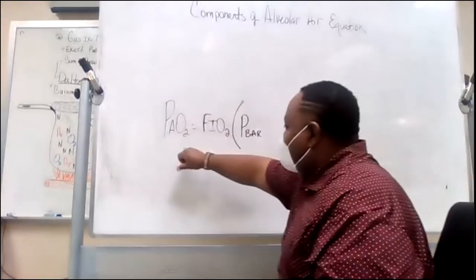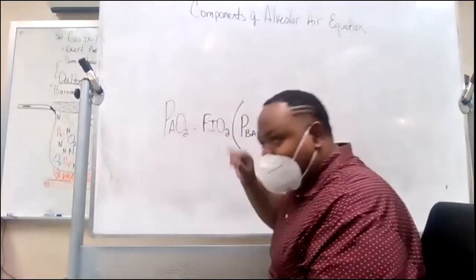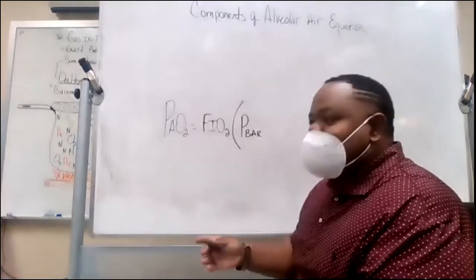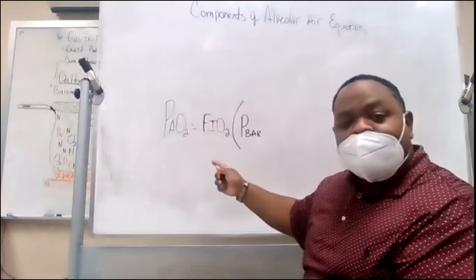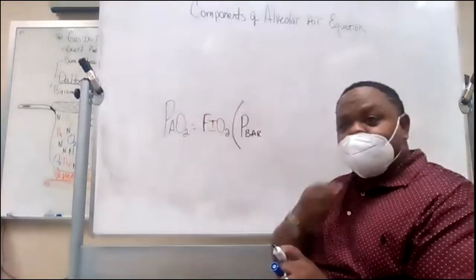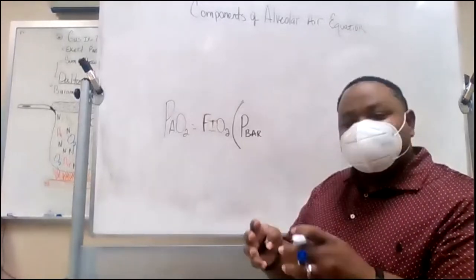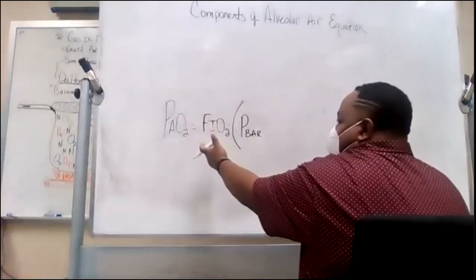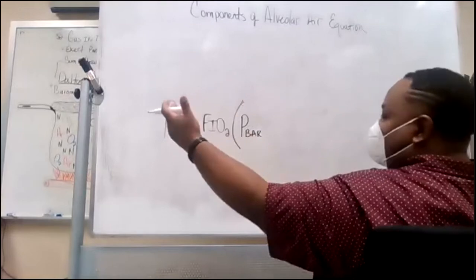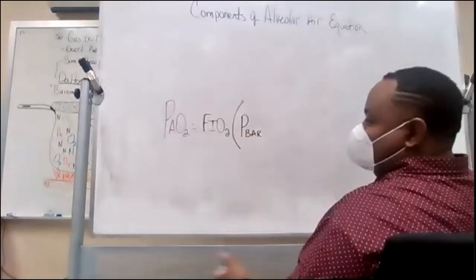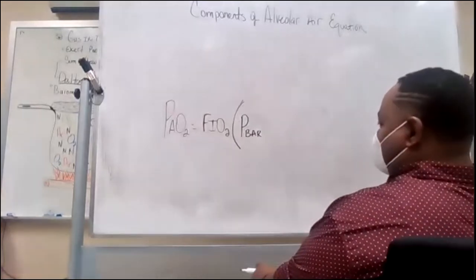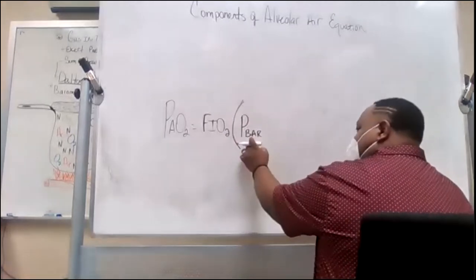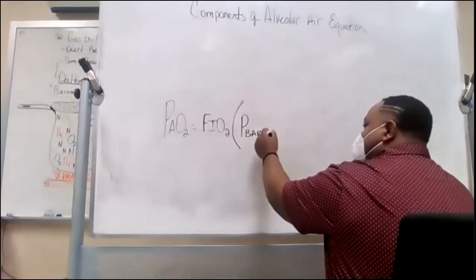Now, we're trying to figure out how much oxygen is in the alveoli. I don't want to know about CO2. I don't want to know about water. I just want to know the oxygen. And so this is how we're breaking it down to find out just the oxygen, right? We just want to know how much oxygen is in the alveoli from what you inspire. Okay, so we have to factor in how much we breathe in, whether it was room air, whether it was 30%, 40%, 45%, whatever it is. That's the FiO2. Now, we need to multiply that FiO2 by something, which is the total barometric pressure minus the